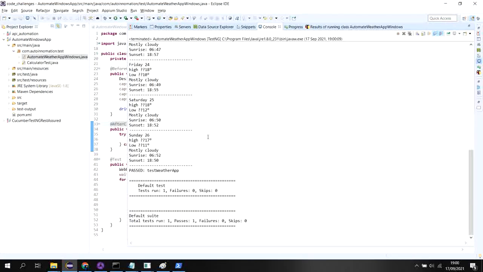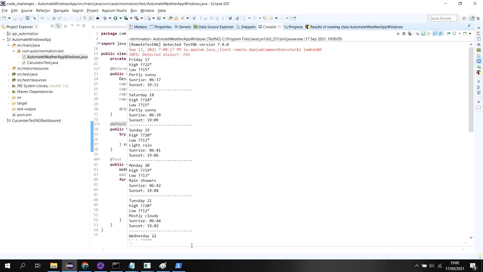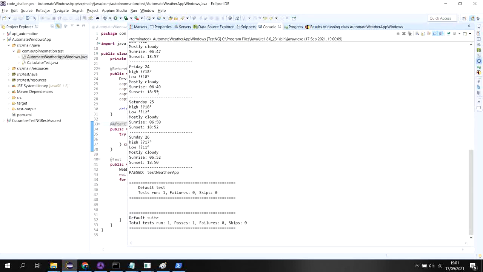So it has passed now. You can see that whatever it was showing in the weather report, it gives you the list: the date that I have shown already to you, what the name is, and what the time is for that one. This is the result and all are passed. There is no failure.